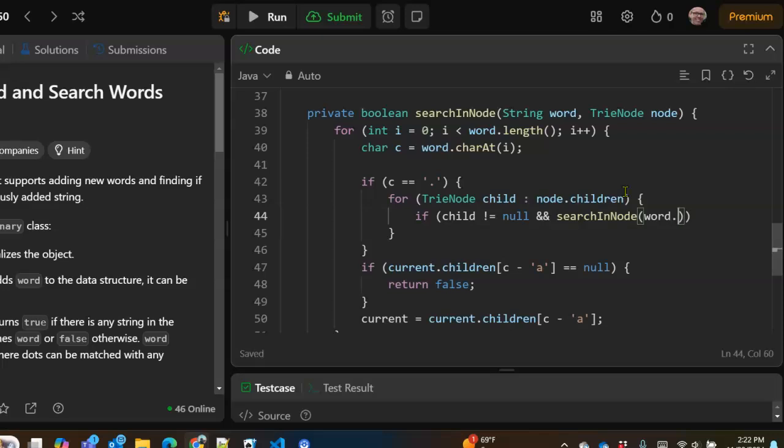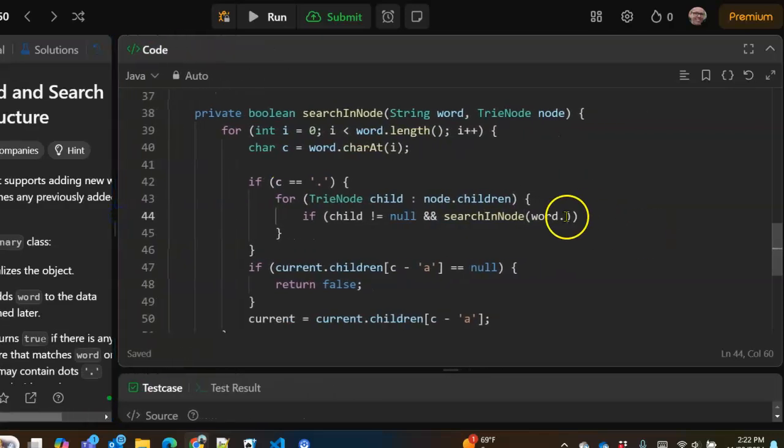This is going to run too long. Well, maybe I can scoot it over a little bit. Word dot substring i plus 1. That is, we are going to look for the word, everything in the word following the dot, following the wildcard. All right, so we found a character, it's a dot. Could be anything. If we find a character, and if we can find the rest of the word after the dot